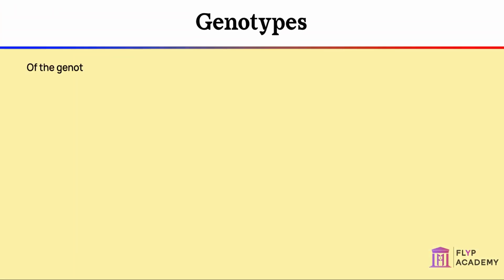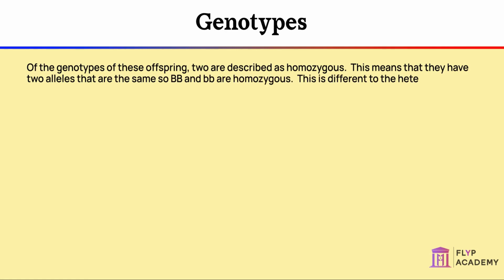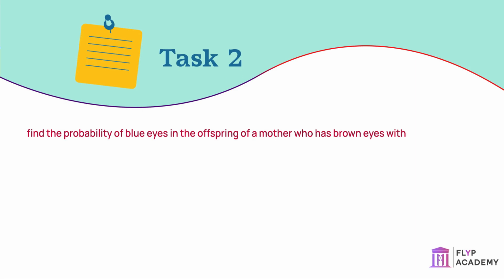Of the genotypes of these offspring, 2 are described as homozygous. This means that they have 2 alleles that are the same, so BB and bb are homozygous. This is different to a heterozygous genotype, which means 2 different alleles. Task: find the probability of blue eyes in the offspring of a mother who has brown eyes with the genotype